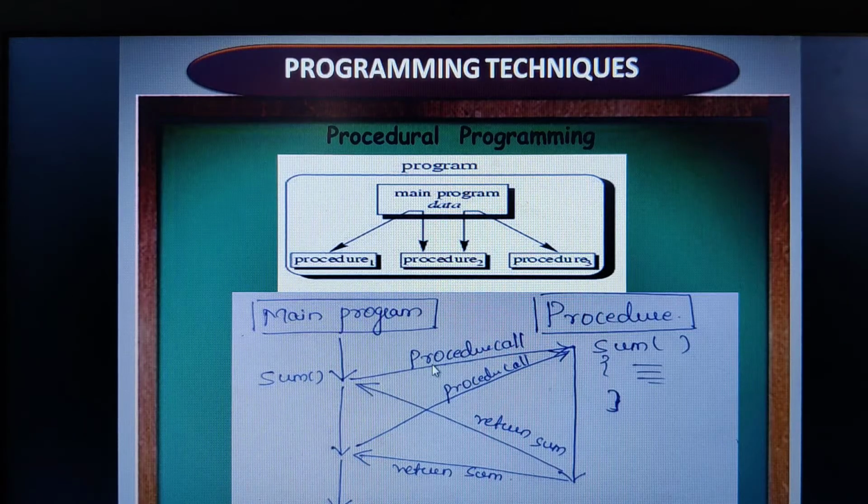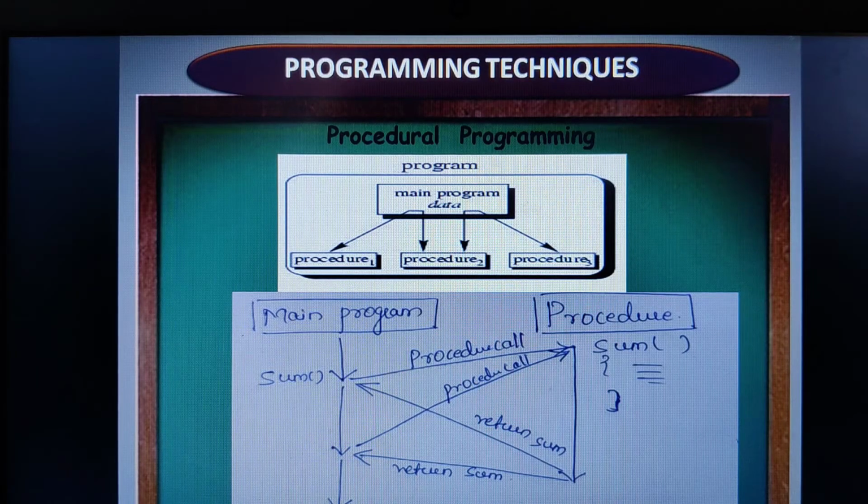Now after the sequence of instructions is processed here, the flow of control will proceed back with its answer to the position where the call was made. That means once this series of instructions has been executed, the answer will be returned to where you made the procedure call itself. Now if this particular procedure is correct, every time it would generate the correct results. In case of errors, the programmer has to debug it. So this is how exactly procedure programming works.